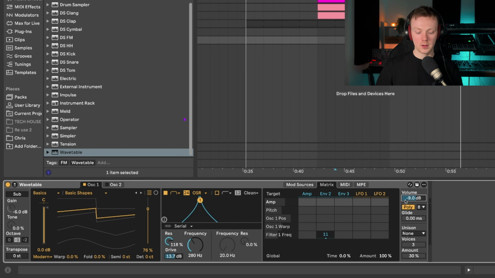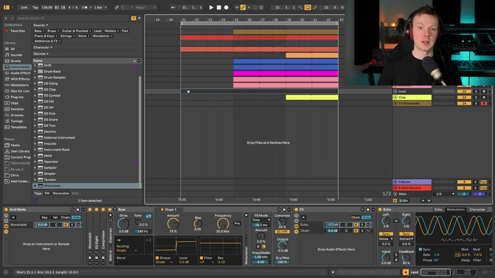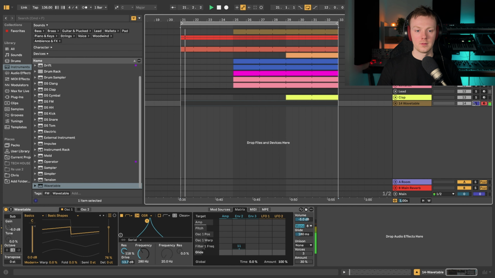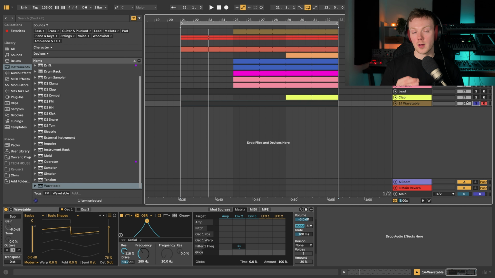We're just going to set the volume to -5, so boost a little bit in the plugin. Set the synth to mono, glide to 180 milliseconds. So now if we drag this MIDI down, let's hear what it sounds like. It's quite weak at the moment, but now let's add some audio effects to really bring this sound out and